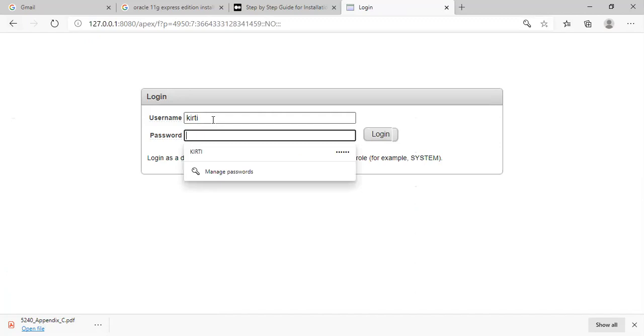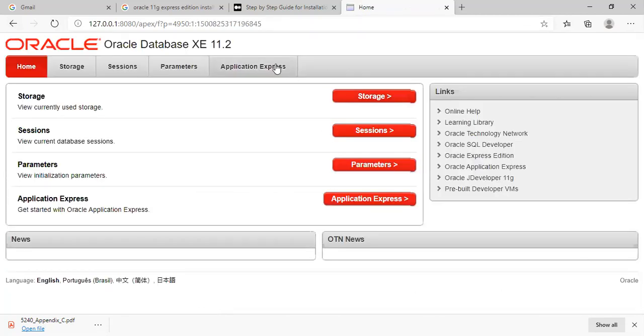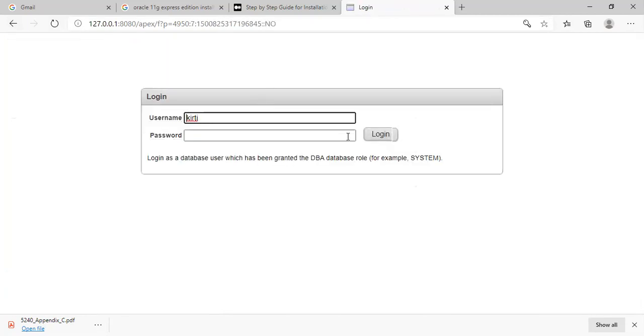So here my username is Kirti and my password I will type here. I think there is some credential problem.